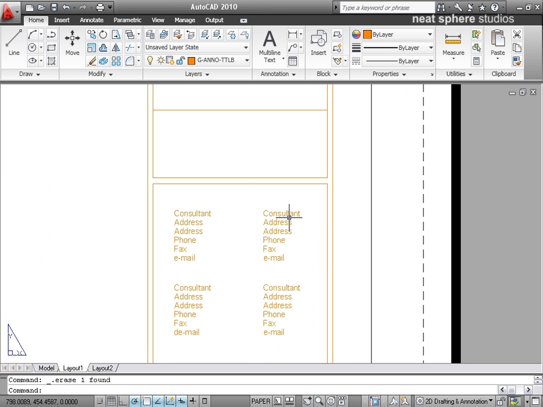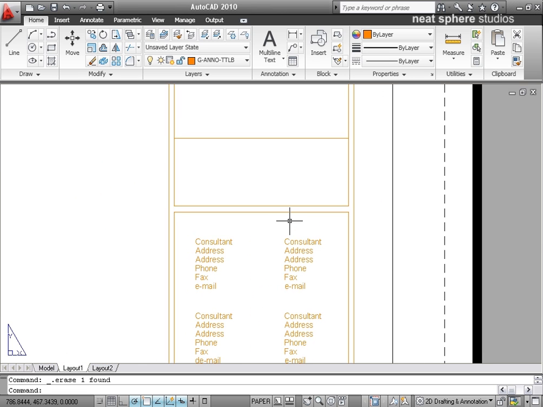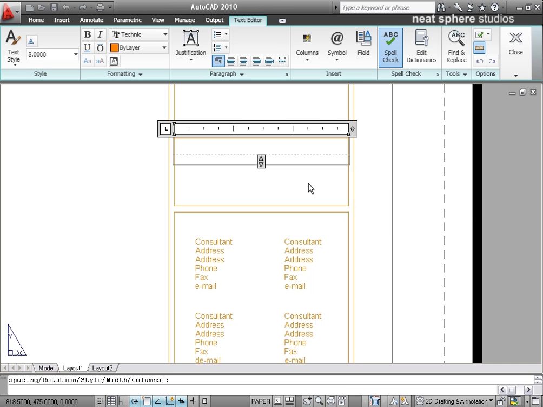Okay, so the place where we're going to put that is just up here. What we're going to do is we're just going to put an address in. Okay, very, very simple. We'll start with multi-line text, pick multi-line, and I'm just going to drag my box out so that it pretty much fits that window. And I'll start with my first line. We'll say